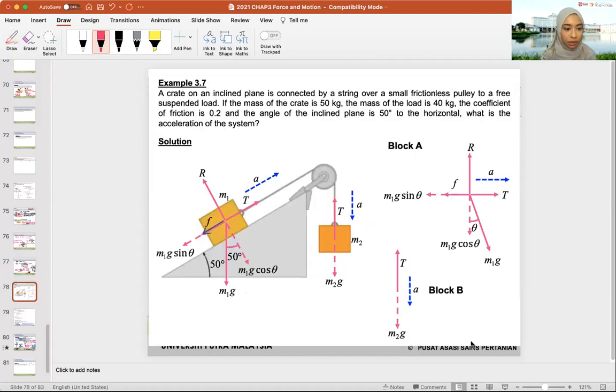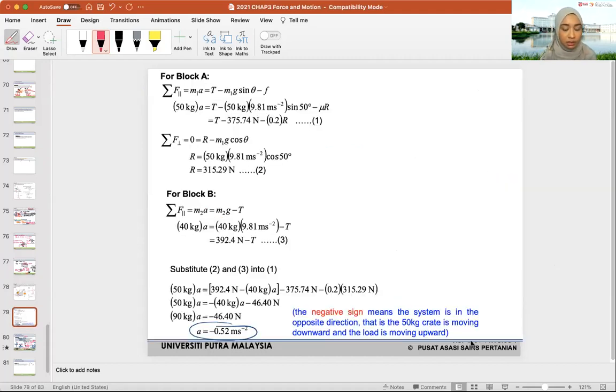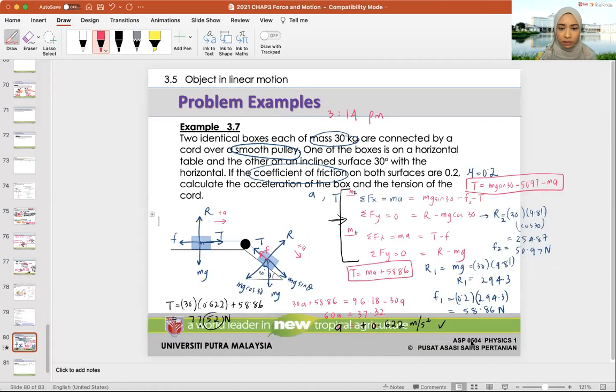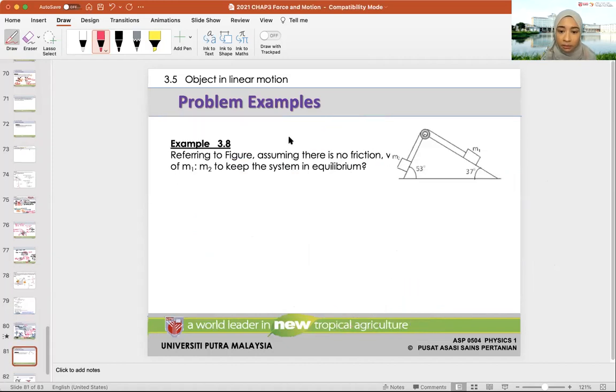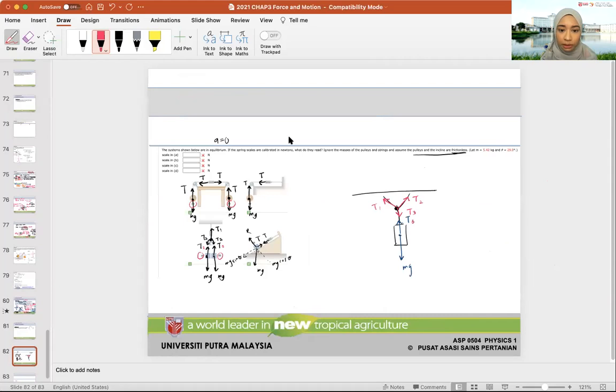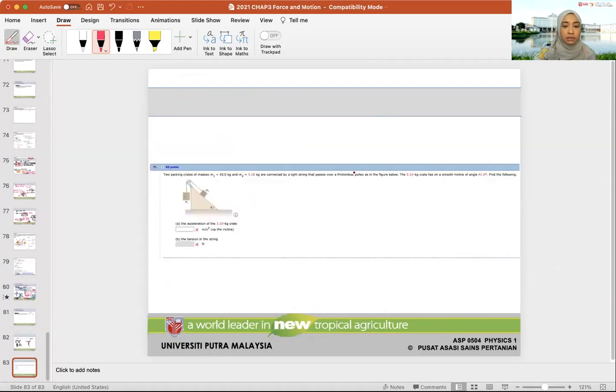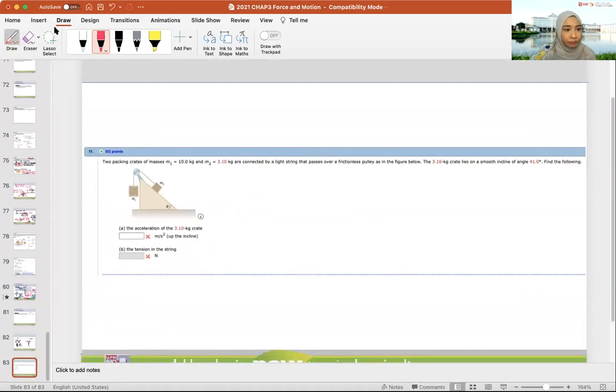So let's go back to our final example for this. We've done this one? We want to go over a smooth incline. Kita nak cari yang smooth incline. Let's see, ada tak yang smooth incline? Okay, this one. This is from your web assignment. So let's do this one. Two packing crates of mass M1 equals 10 kilogram and M2 equals 3.1 are connected by a light